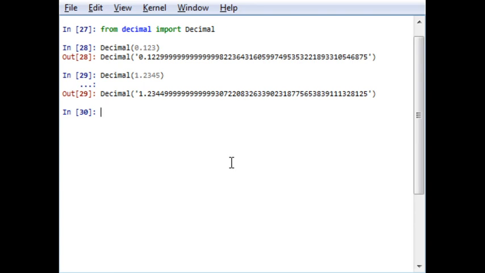Now, for example, I want to know the type of this. I know it is decimal, but what is the type? Is it integer or something else? We have seen that Python by default provides integer, float and complex number as its types. So this one comes in decimal type. It will show me decimal.Decimal because we are using the Decimal function of the decimal module.